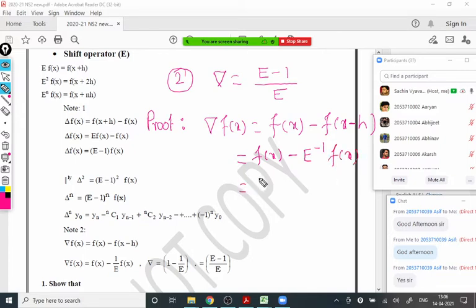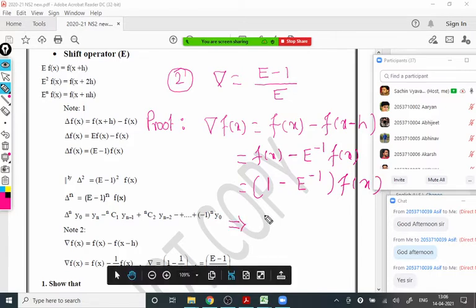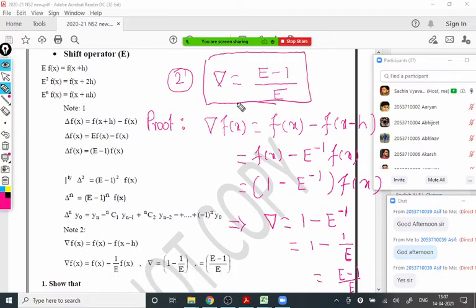So again, we can do the same thing. So 1 as it is minus e raised to minus 1 as it is of fx. So what we got here, del of fx is the same as 1 minus e raised to minus 1 of fx. So this implies this del operator should be equal to 1 minus e raised to minus 1 operator, and that is the proof. But we want it in this format, e minus 1 upon e, so we can simplify it: 1 minus 1 upon e, because e raised to minus 1 is 1 upon e. Cross multiply, we get e minus 1 upon e, and that's the required proof. Okay, so thus we got the required answer, del is equal to e minus 1 upon e.